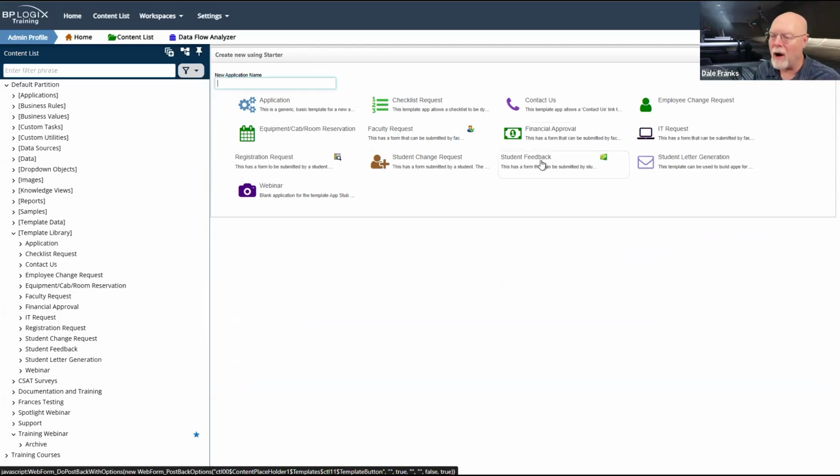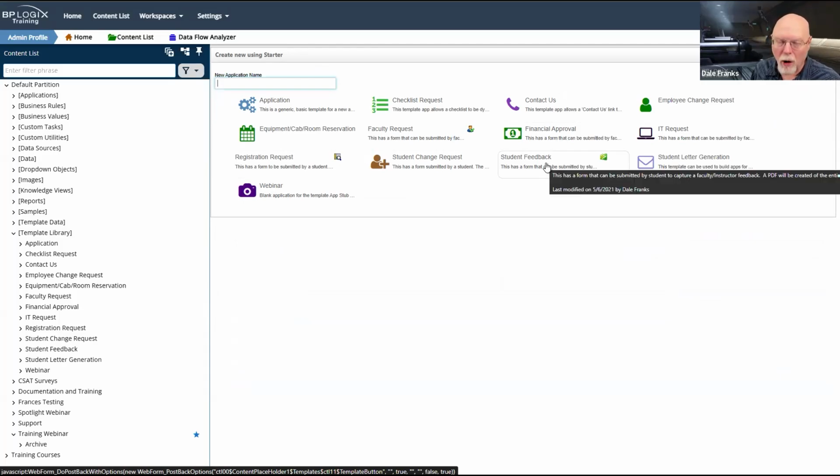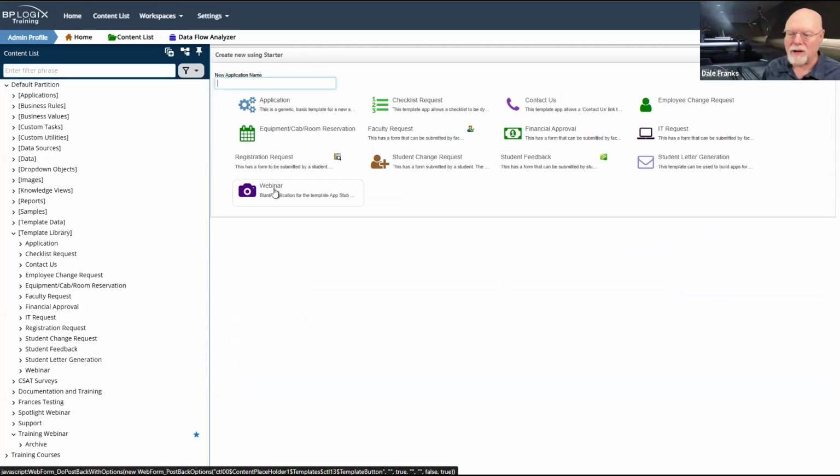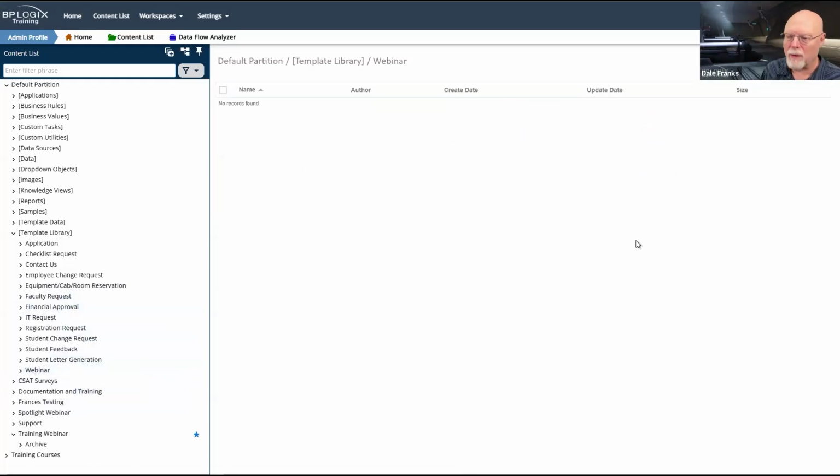So it's often helpful for enabling your implementers, for knowing exactly what that application does. So in this case, I just explained that it's a blank application for the current webinar that we're doing. So now I've got my application template stub.